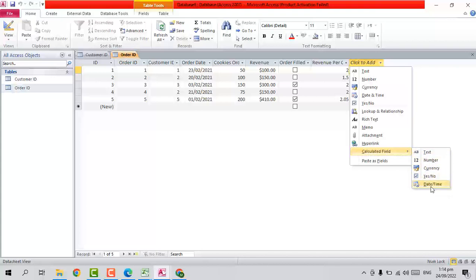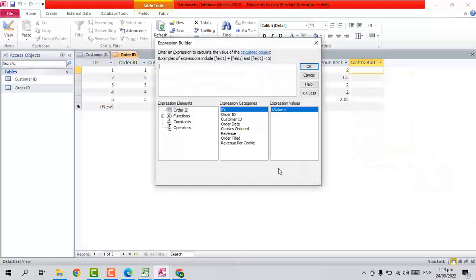number. It's going to open this dialog over here. Now, this is where I'm going to write my formula, or expression as it's called over here. Now, I want to divide the revenue, so I'm going to double click on the revenue over here. You know the division sign is slash, and then I'm going to divide it by cookies order, right? And then press OK. That is all you have to do in order to get the calculated